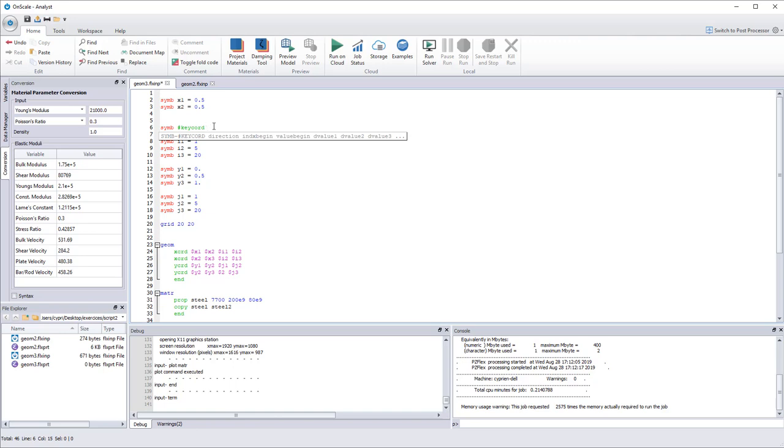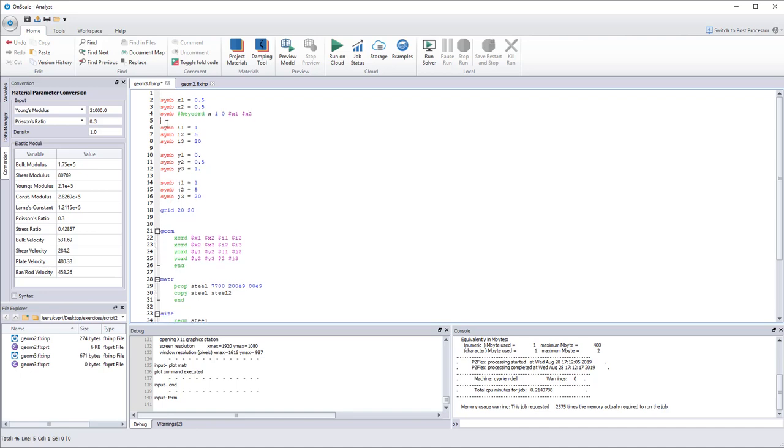And keycord must be, so the first argument is the direction, which is x. The second is the index x begin, so it's 1. I will begin at 1. After that is what will be the first value, 0. And then what will be the distances between the different points. So that's where I write x1 and x2. So this is a macro command that will generate from the distance between points, it will generate my absolute